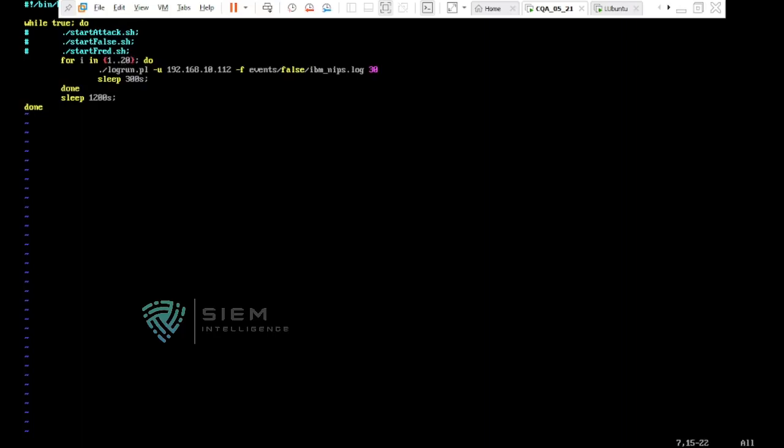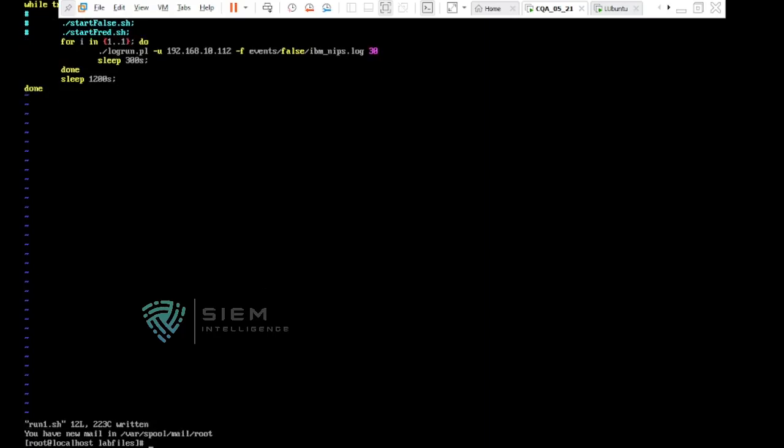It is something like 1 to 1 only, and everything remains the same. So I am sending only the log, that is events false IBM NIPS logs. Though the particular data is not there right now, I'll save it now.